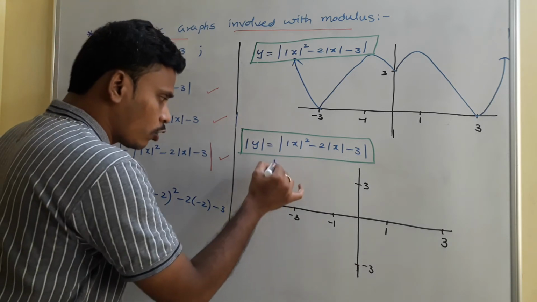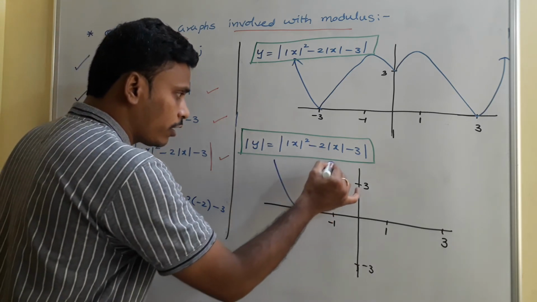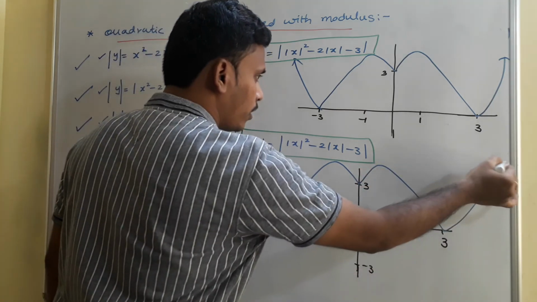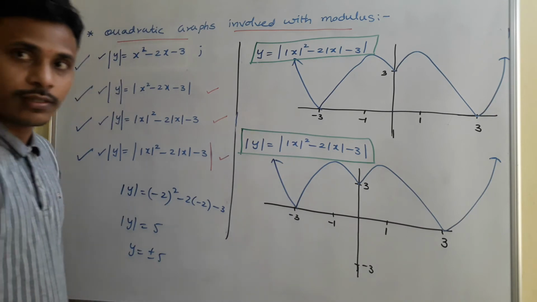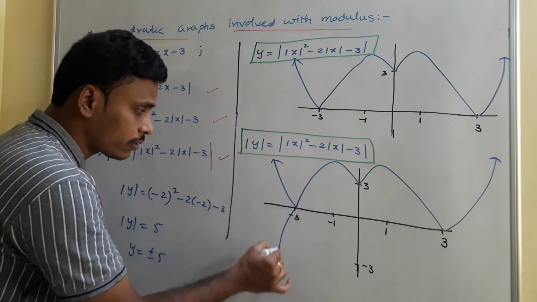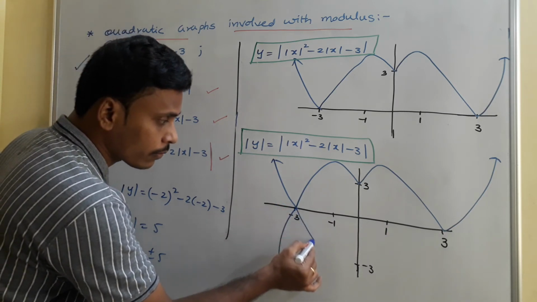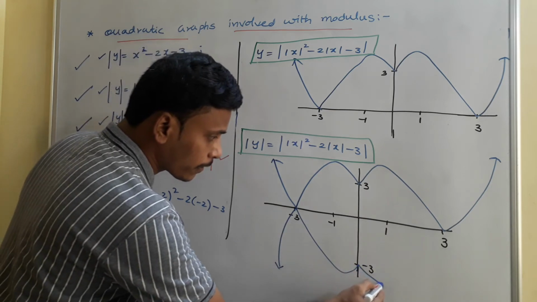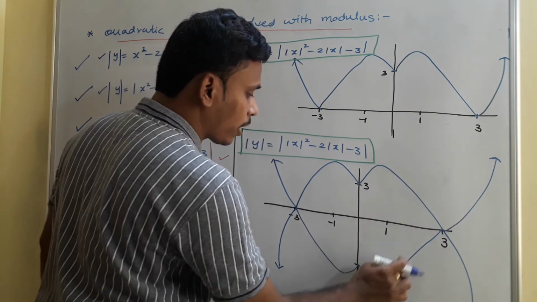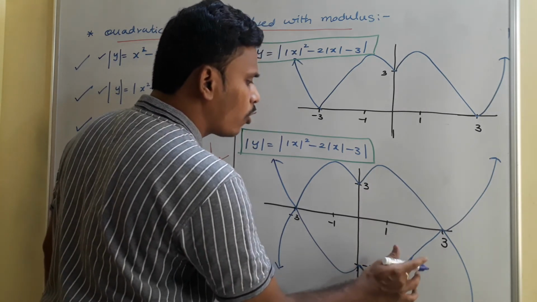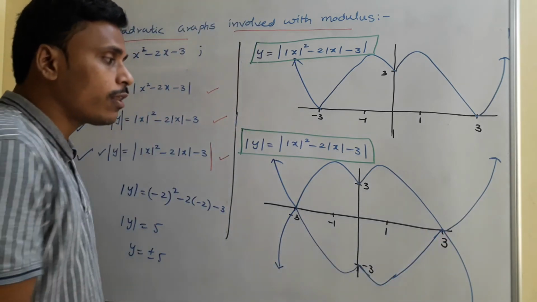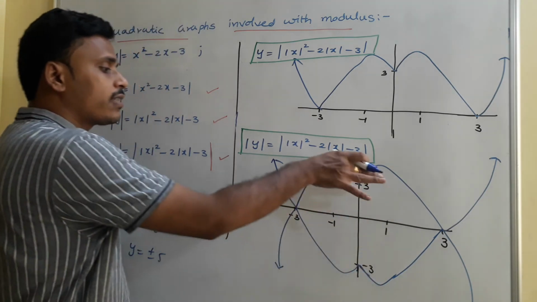Just have a look. So first of all, I am sketching the graph in the positive region. It looks like this. This is the graph in the positive region. Now we need to repeat the same part in the negative region. Then at the end, the graph will be like this. Okay, actually those two parts are exactly symmetrical, okay? Just while sketching, I may go with some disturbance, right? But the graph is exactly symmetrical. If you fold the paper about this x-axis, the lower part exactly will meet the upper one.